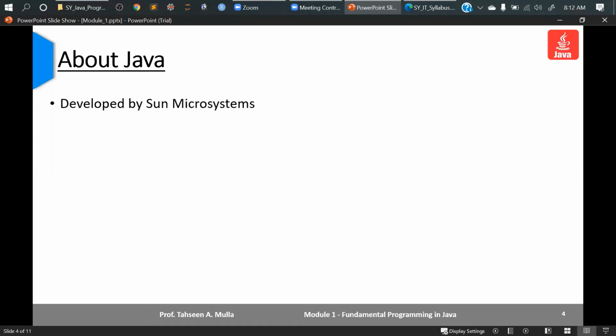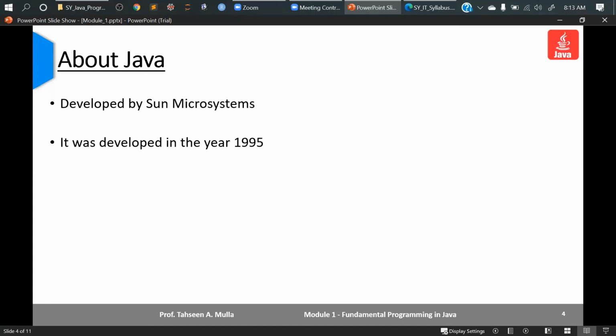Today while installing, a window appears suddenly showing Oracle. But as a part of the history, Java was initially developed by Sun Microsystems, and later on Oracle took over Java. It was first officially released for public use in 1995, though actually it began in 1991. Initially it was called Oak, OAK.